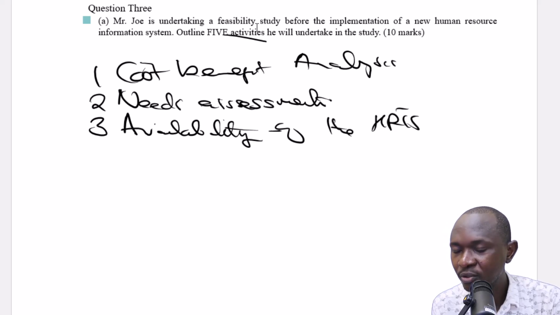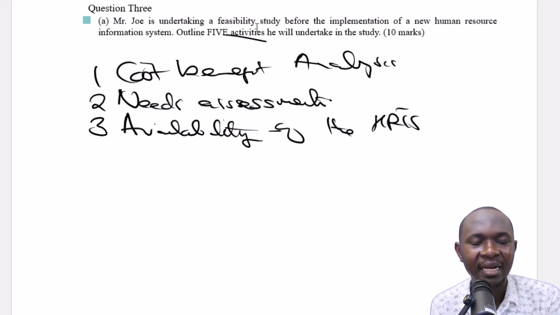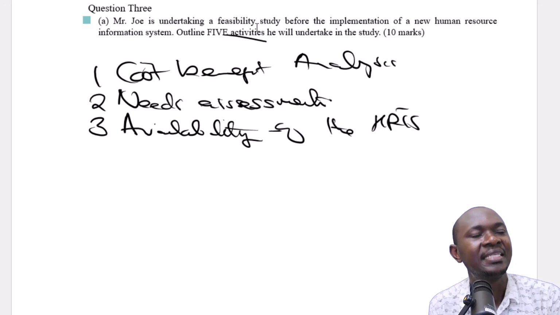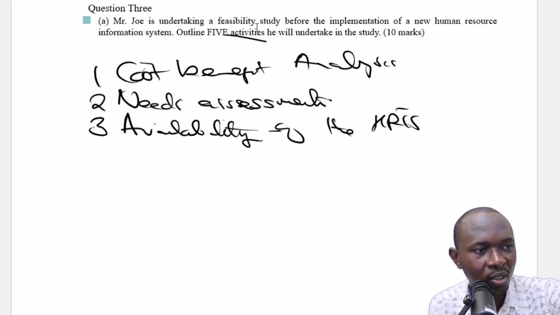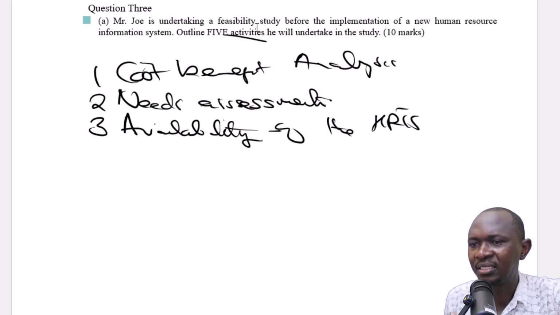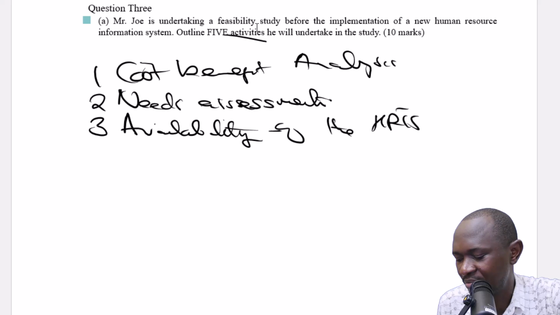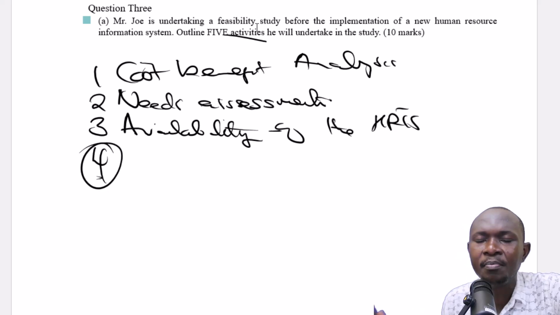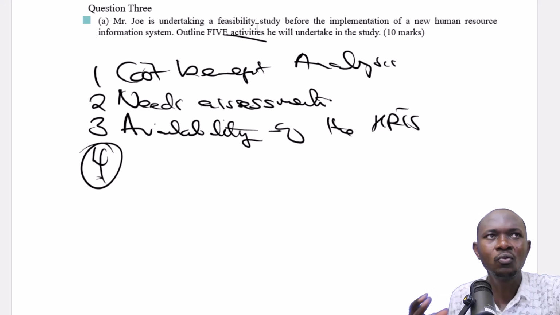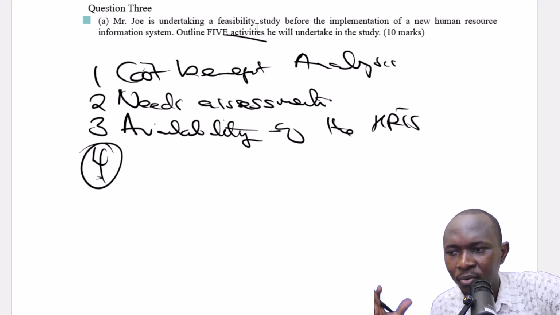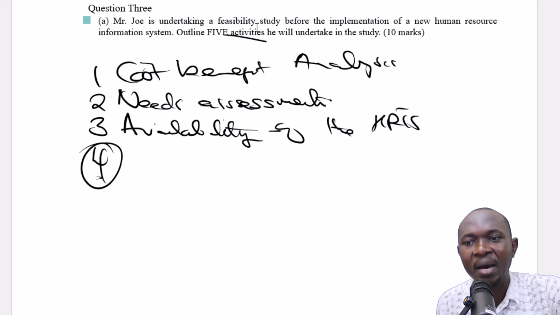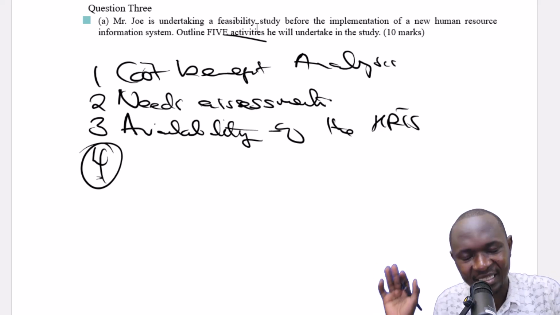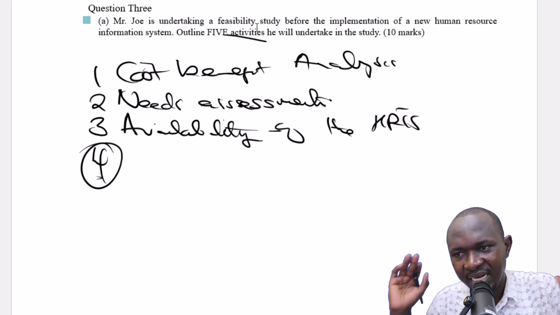Before we make the decision to buy it, we must also have done our research very well and know that it is available, the cost, who the suppliers are, and if they will be available to offer us support or not. All that information needs to be gathered at this stage of the feasibility study. Who will implement, who will support us, who will train us, who will come to help us in case of any breakdown. I have not even listed all those questions there, but all that is data that is required during the feasibility study.